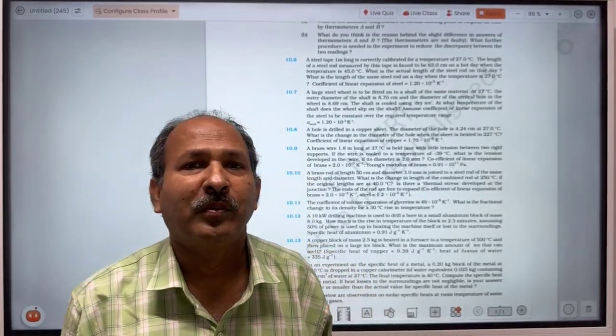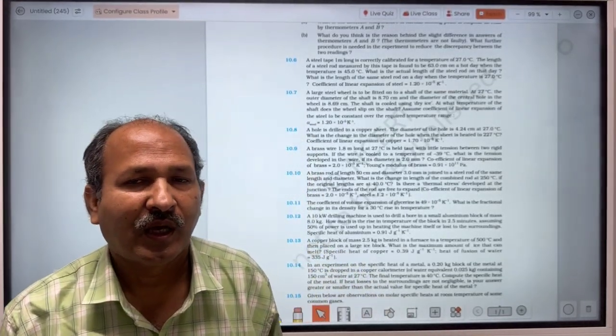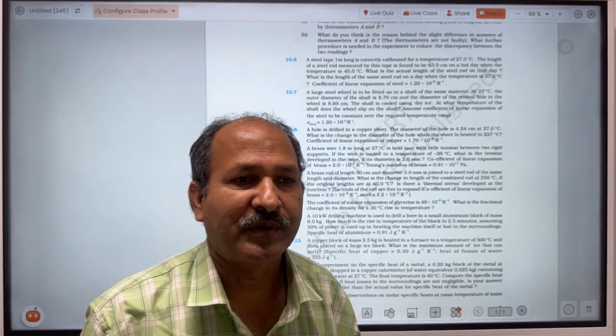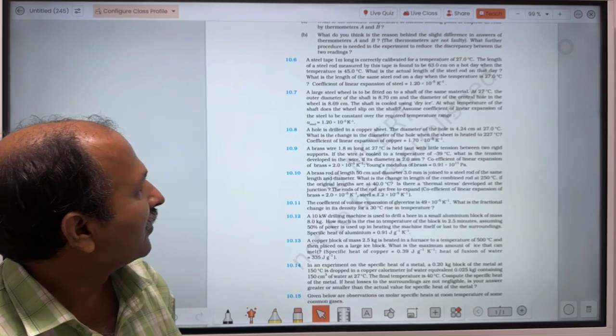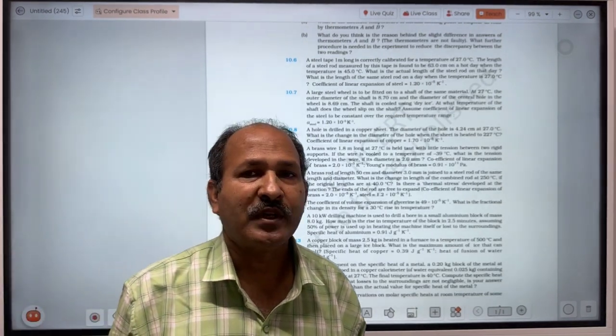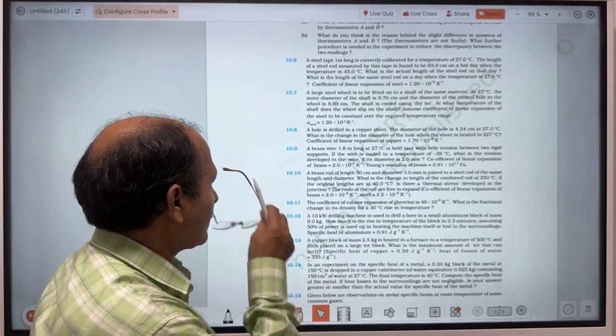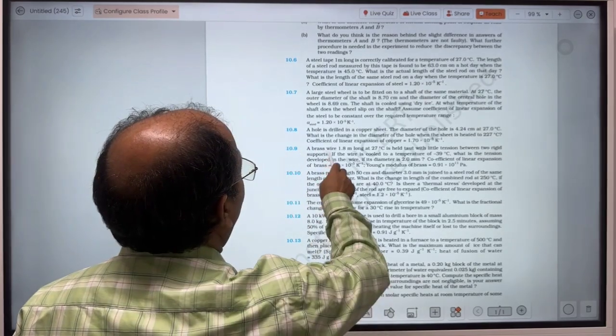We are going to do numericals on chapter 10 of class 11 physics. We have done till question number 8 in the previous lecture. Now we are going to start from question number 9. So let's proceed. The question says a brass wire